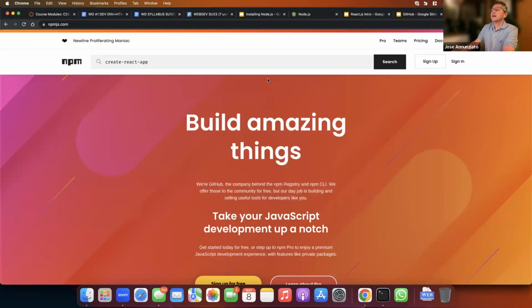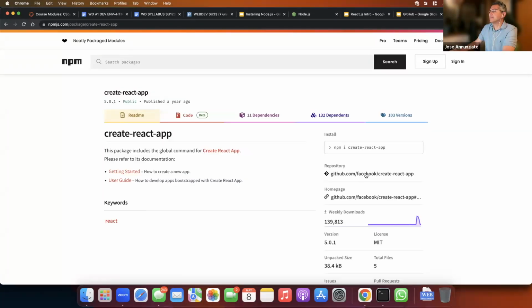right? It's a tool that is published by Facebook, right? The inventors of React.js, right? And so they created this tool that creates a boilerplate project, right? That it's already ready to go, right? It's already linked, already has downloaded all the dependencies so you don't have to do it on your own. It already sets up the Node.js server that is going to host your application locally on your machine, as well as automates all sorts of things such as compiling code and redeploying it whenever you make a change,